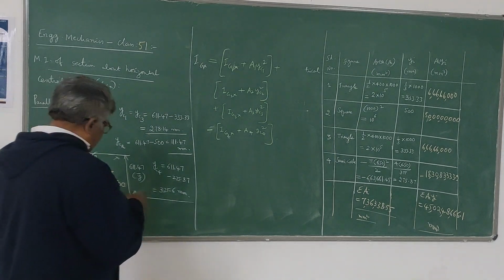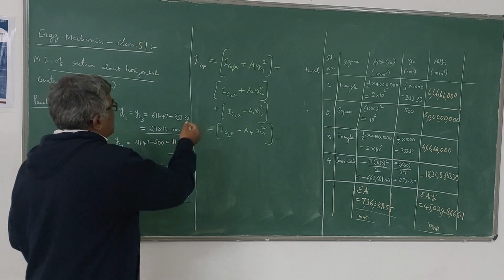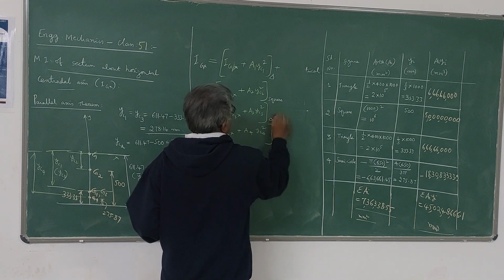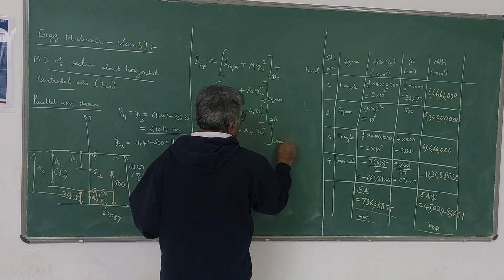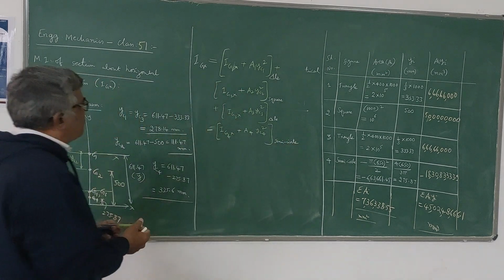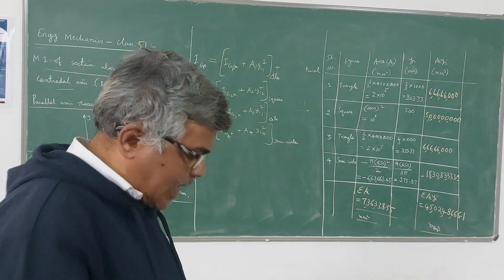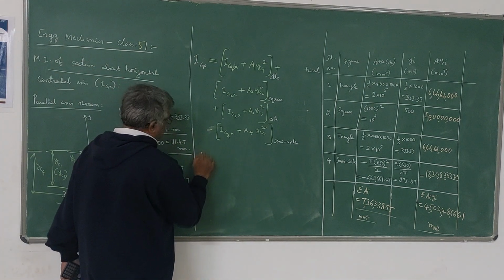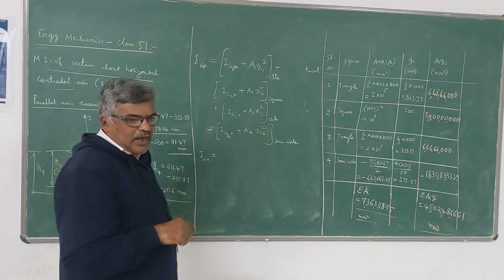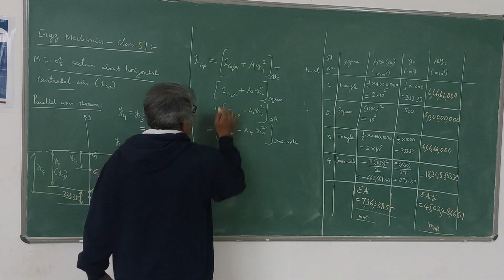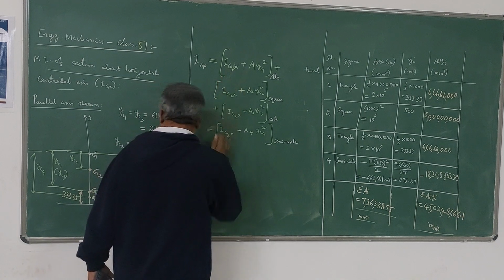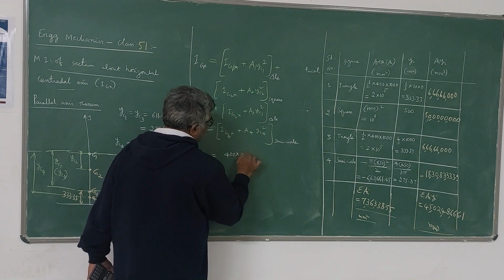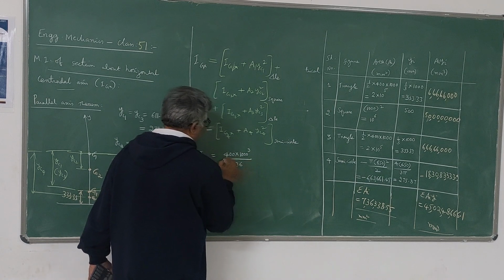Now you have to write down the formulas. First one is a triangle, this one is a square, this one is a triangle, and the last one is a semicircle. So we should write the formula to find the moment of inertia of these simple sections about their centroidal axis, and then we have to simplify. So Ig1x is for the triangle portion. For the triangle portion, the moment of inertia about its centroidal axis is bh cube by 36, where b is the base, 400 here, and height is 1000, bh cube by 36 is the value, plus